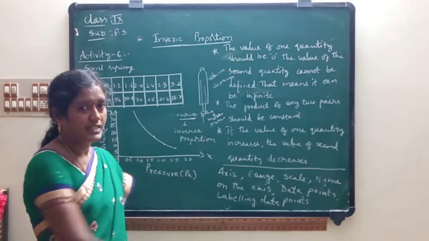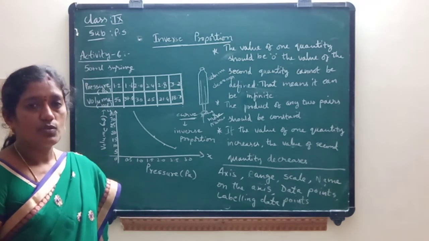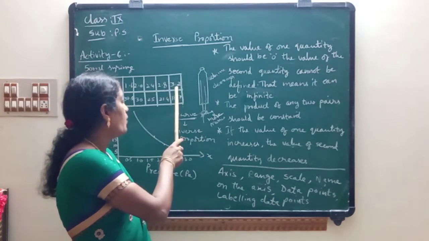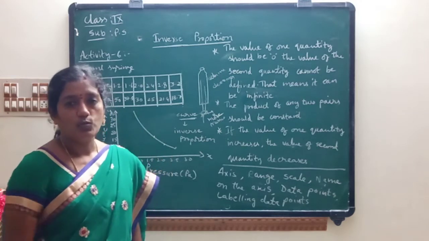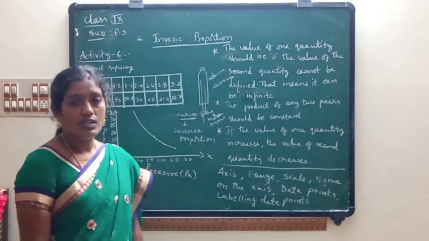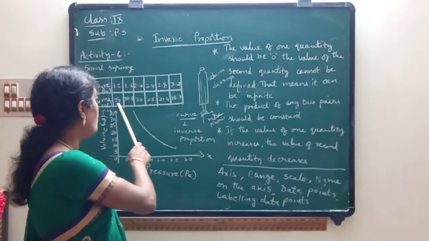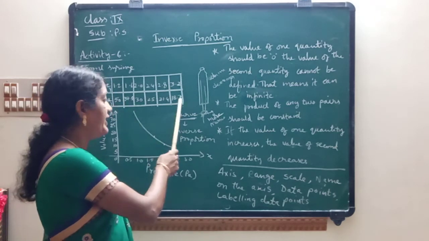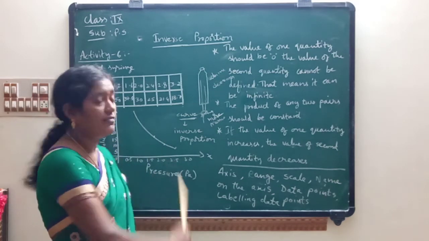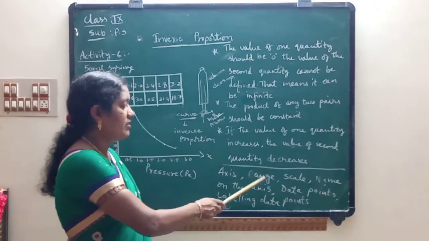Next, coming to the range. What is range? The difference of the highest value and the lowest value is known as range. So what is the range on the x-axis? 3.2 minus 1.2, because 1.2 is the least one. 3.2 minus 1.2, how much? 2. So the range on the x-axis is 2 children. Next, coming to the range on the y-axis, 50 minus 18.7. By subtracting 18.7 from 50, you will get the range children. So in this way we can calculate range.